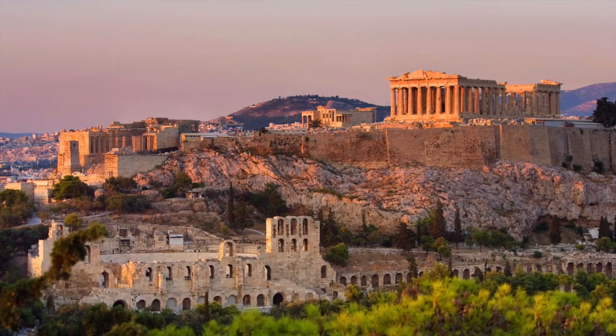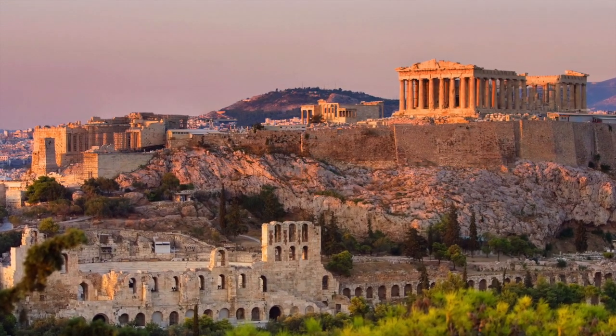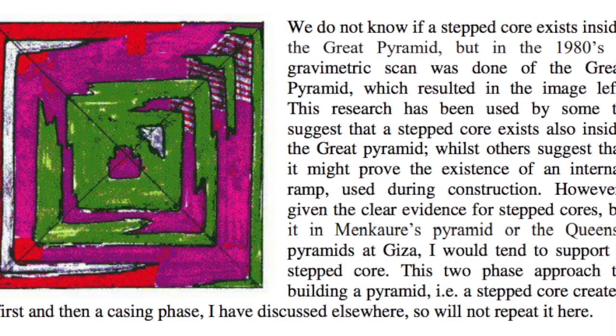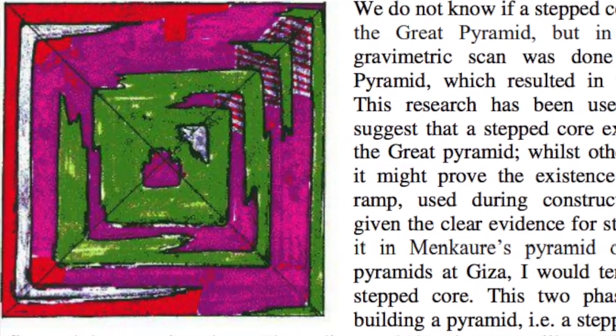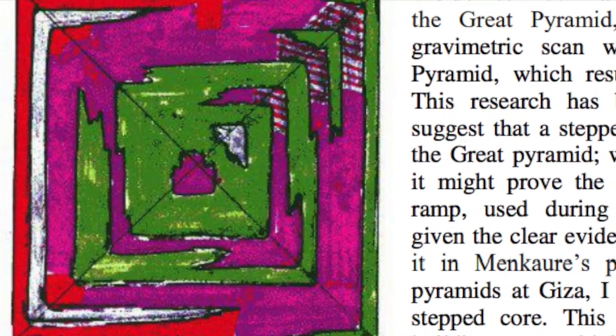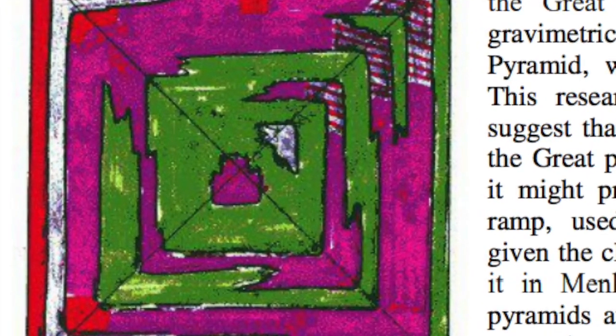They mentioned an anomaly within the pyramid that they had noticed with gravimetric scans, but nobody at the conference seemed particularly interested, and that was that. This anomaly was now presented to Henry Houdin. The picture is on screen, and you can no doubt imagine the excitement at seeing this scan for the first time.